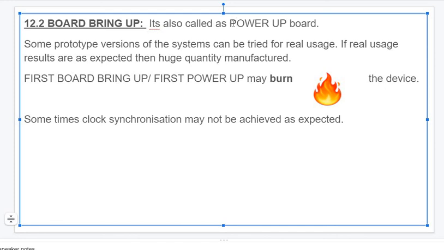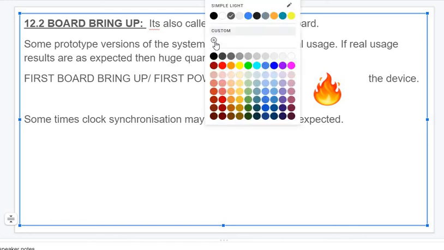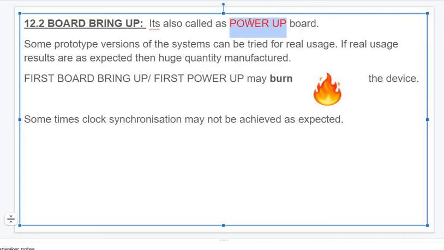Most projects fail here, because so far it was a theoretical system, but when it is really connected to the battery, real electrons flow. Most of the time, the first time we do board bring up, or supply the power, it will burn the complete device.